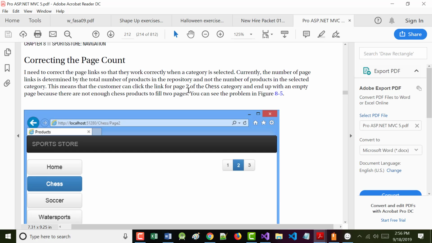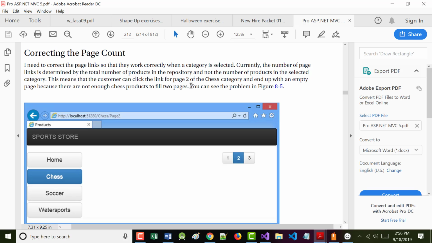Next, correcting the page count. You might say, what do you mean correcting the page count? It says, I need to correct the page links so they work correctly when a category is selected. Currently, the number of pages is determined by the total number of products in the repository, period. Notice how it always says 1, 2, 3? Because there's 9 total products, and 4 per page: 1 to 4, 5 to 8, and 9.